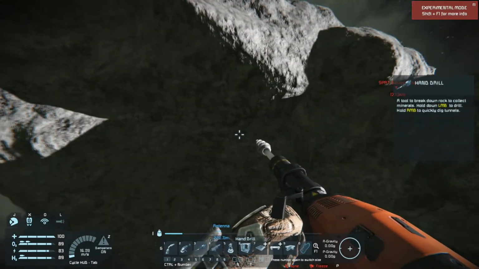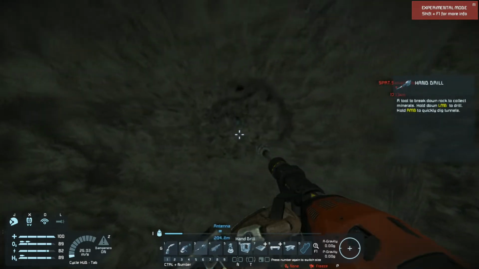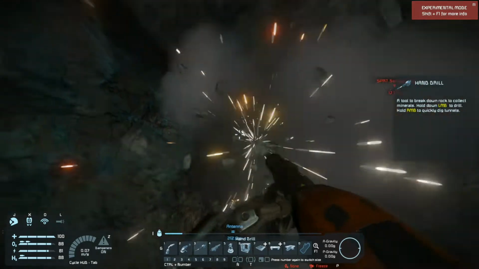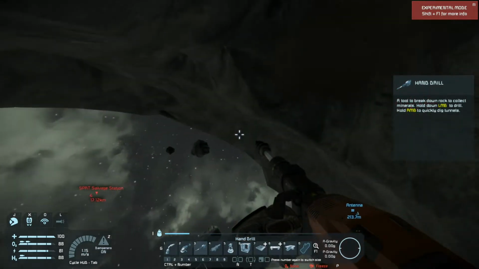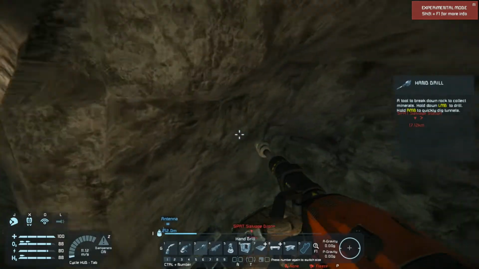There it is. It's hiding right here. It was really hard to find. I was just flying by it and I saw a little bit of blue. And there it is. So this is cobalt. And well, let's just get a little bit more. Oh, there's not even much there to begin with. Alright, well, so we got a little teeny tiny...